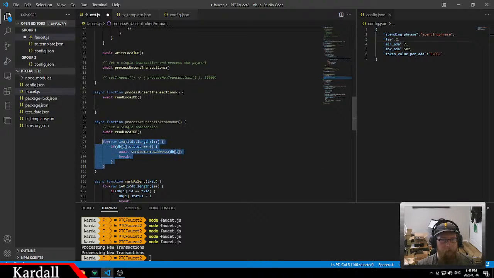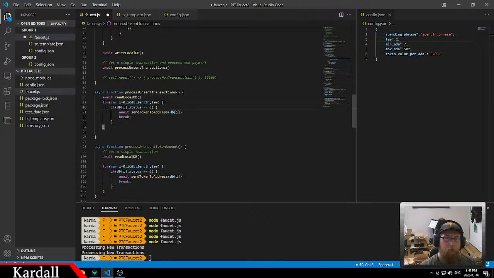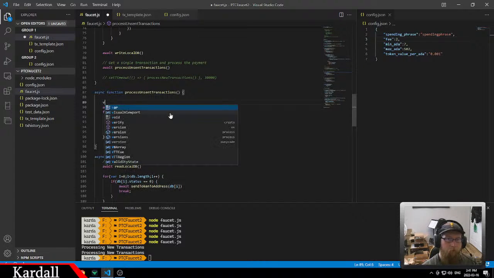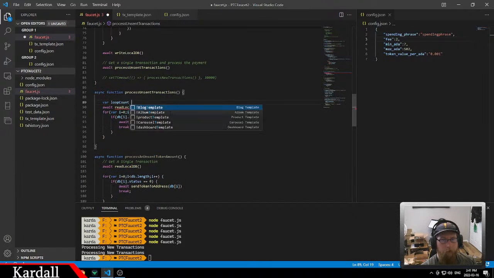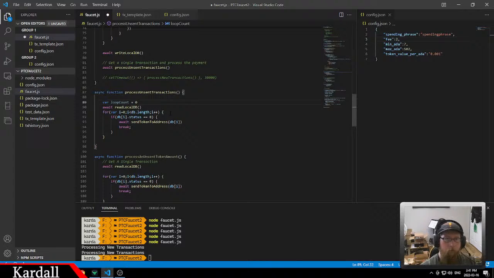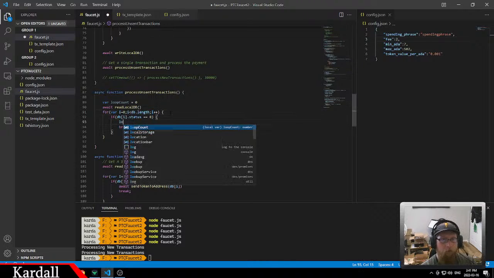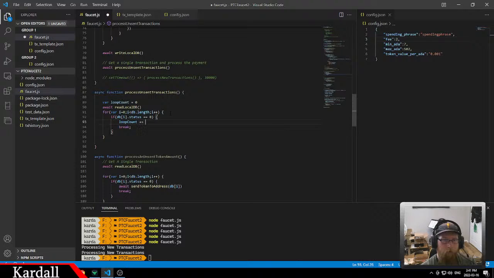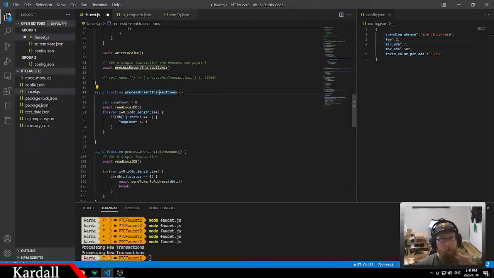I can actually copy this and then go var loopCount is going to be 0, and I want to go, if this is here in our database length, if the status is 0, loopCount add 1. Alright, so we're going to process unsent transactions, and all we're going to do is